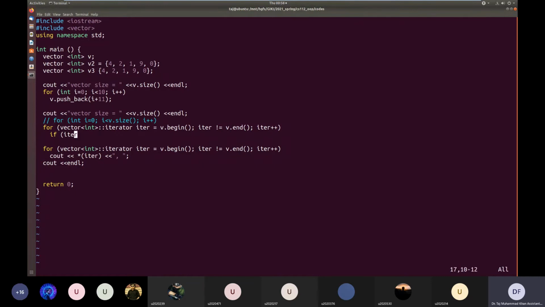If iterator not equal to v.begin, okay, and iterator not equal to v.end minus 1.